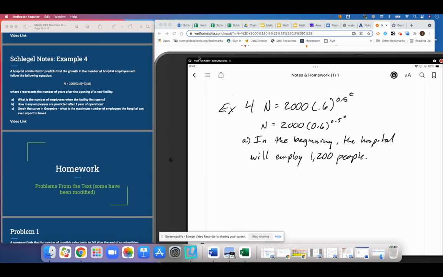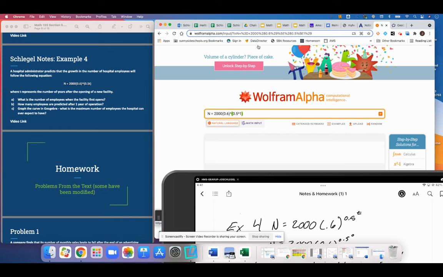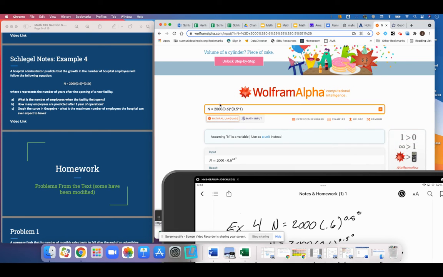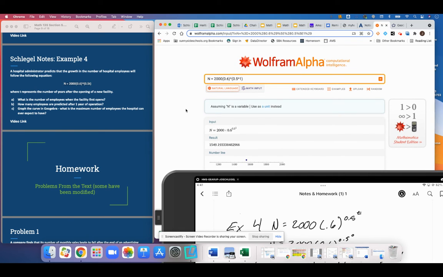Secondly, we are asked how many employees the hospital will have after 1 year of operation. So all we need to do is take this t, which we had set to 0, and put a 1 in there. And we get 1,549 employees. So we are not going to round up in this instance. It's impossible to have a partial employee. So we have 1,549 people